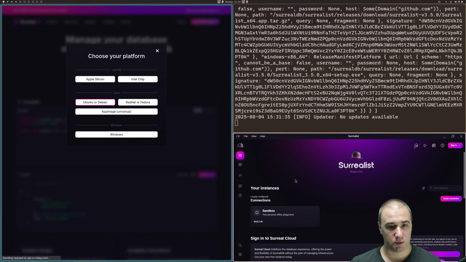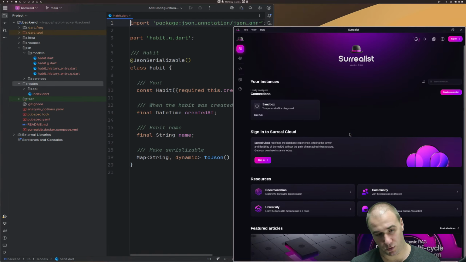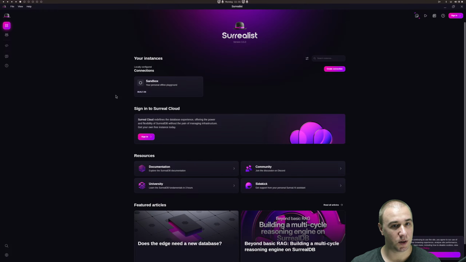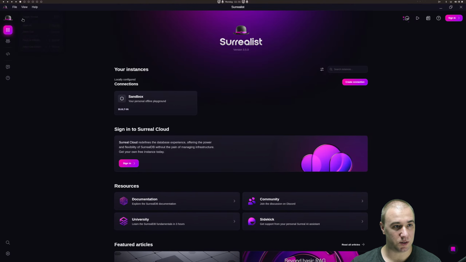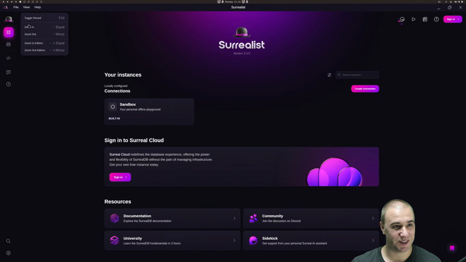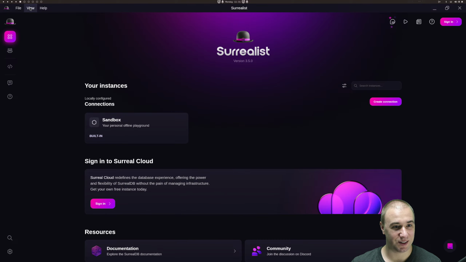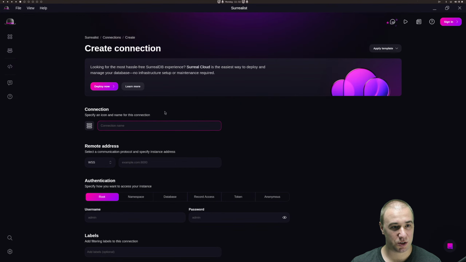Okay, we've got Surrealist. Let's move it maybe here. Zoom it in. We should be able to zoom it in, right? Come on. View. Zoom in. Zoom in. Zoom in. Oh, I can't zoom in more. Oh, well. So create connection, and I should be able to create connection to